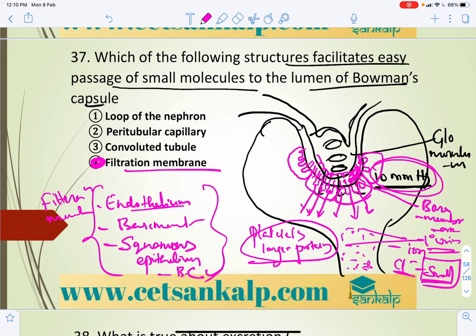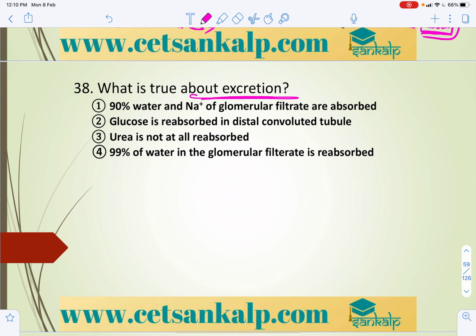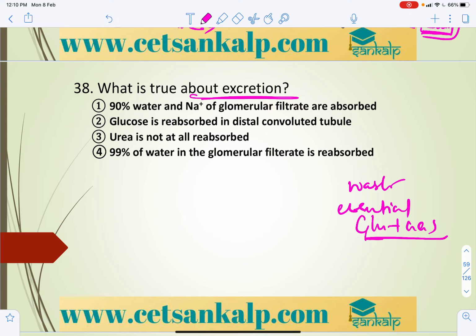Okay, so next, we'll take the next question: what is true about excretion? Generally, whenever elimination happens, waste material is eliminated and almost all essential substances are reabsorbed. Essential means glucose and amino acids, which are almost all absorbed back. Urea will be eliminated, but part of the urea is reabsorbed back, mainly to maintain